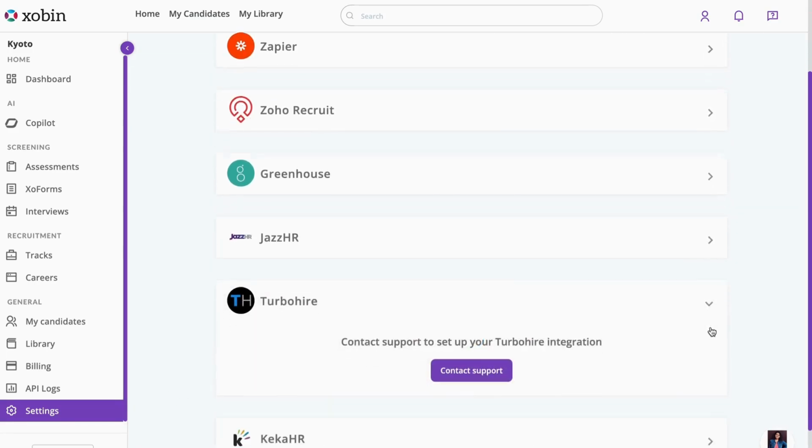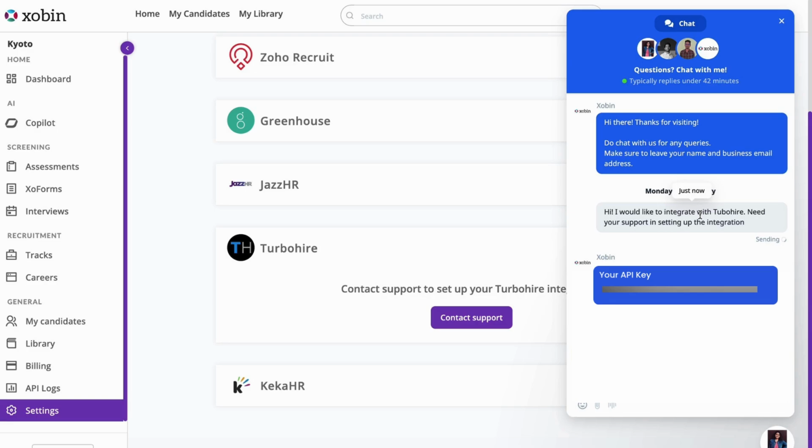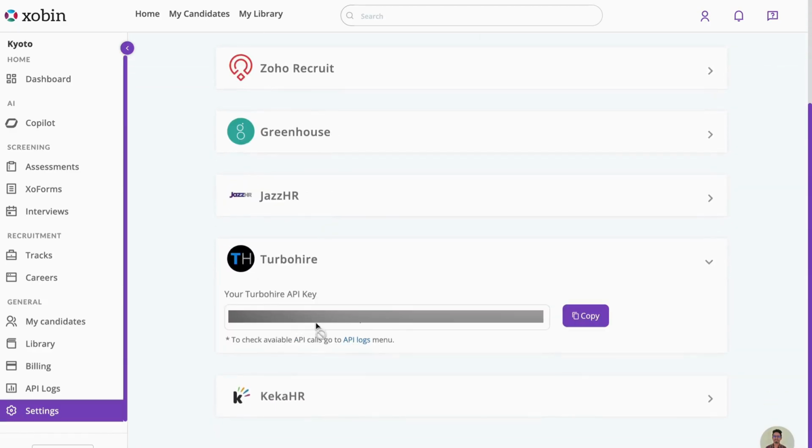Next, click on the Contact Support button. This will open a chat window in the bottom right corner of your screen. Our support team will then provide you with your API key. Copy the received key. Or, if you already see an API key within the TurboHire section, simply copy it and